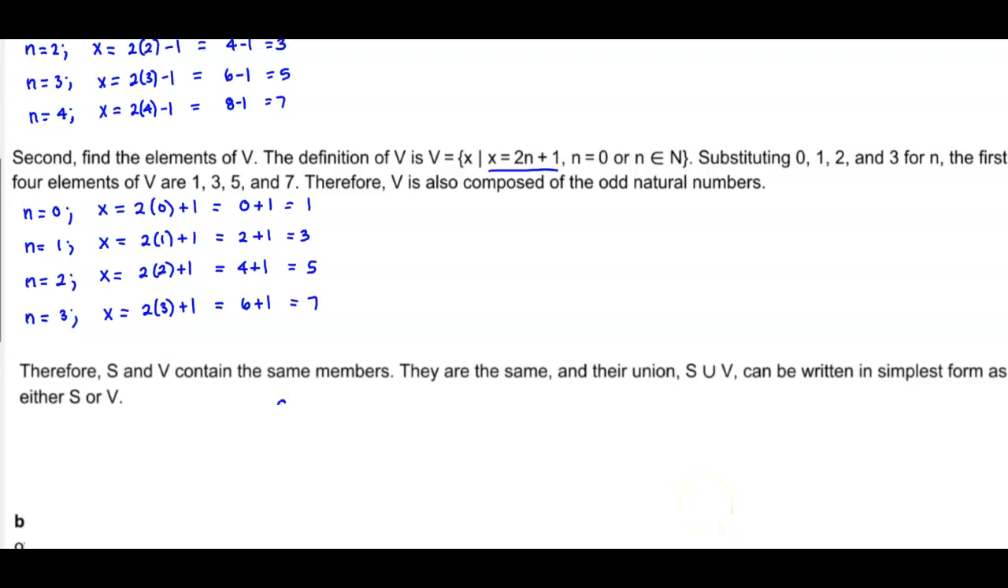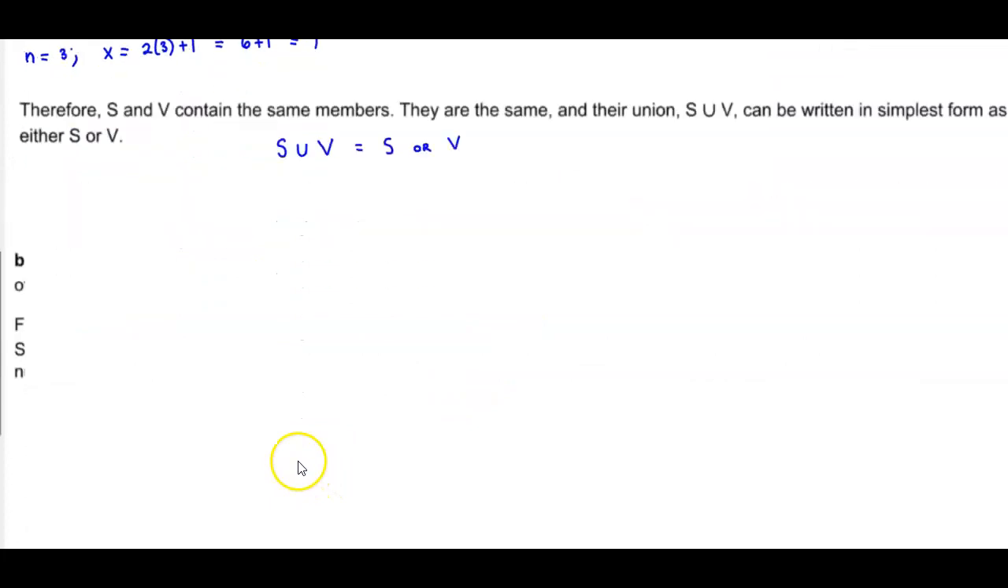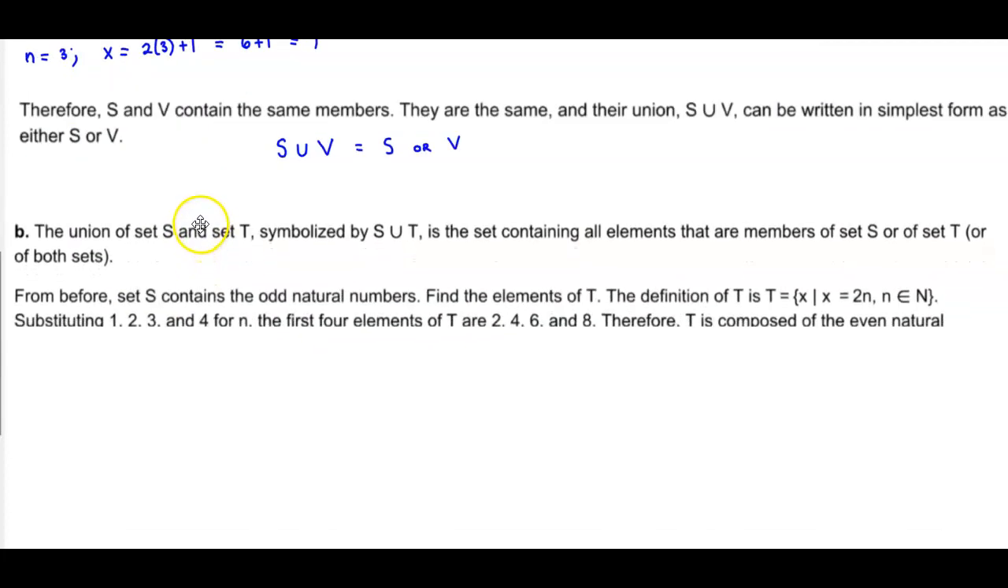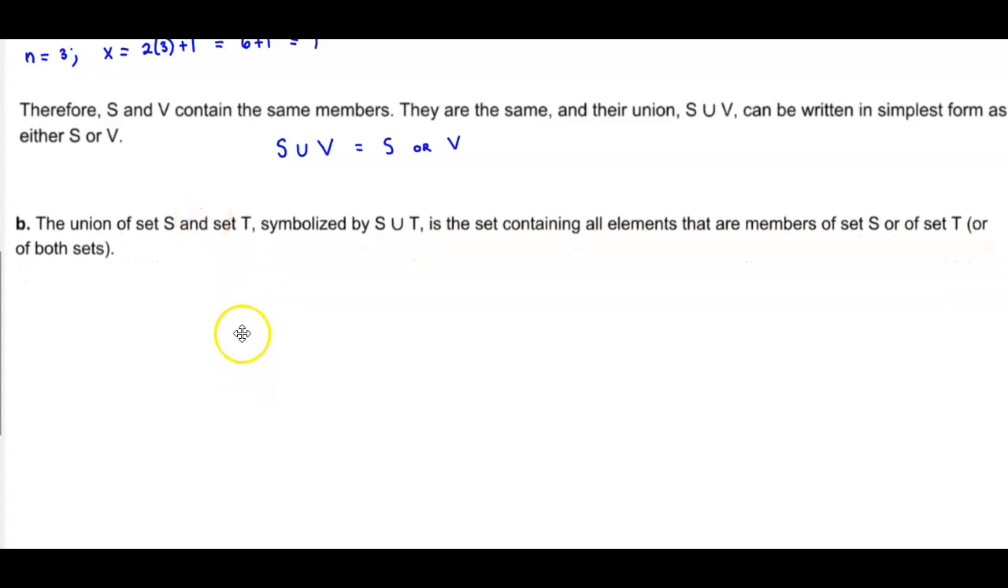So we can say that S union V can either equal, and let me rewrite that again and make a better V, S union V can either be S or the set V, because that is the set of the odd natural numbers. Okay, next, in part B, it says that the union of set S and set T,